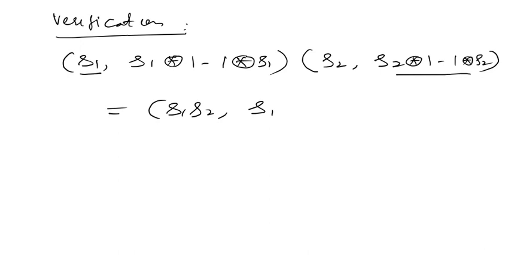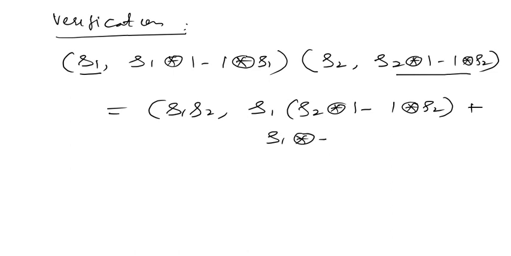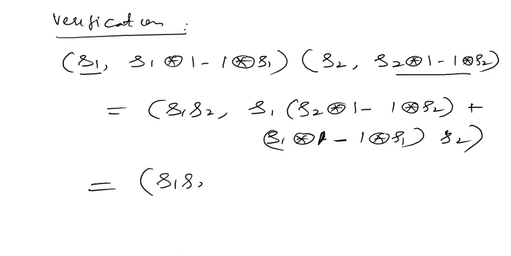Okay, then plus S1 tensor 1 minus 1 tensor S1 times S2. Okay, this is equal to S1 S2. Now what's this? It's S1 S2 tensor 1, S1 S2 tensor 1, minus